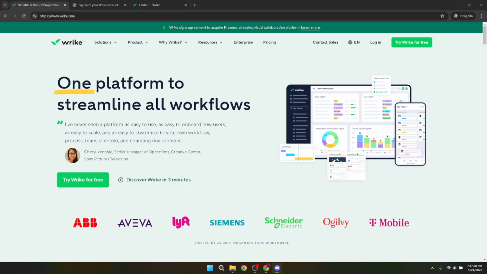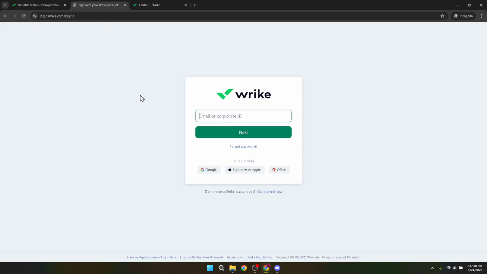First things first, let's get you logged in. Start by clicking on the Login button. Now, you might see several options to authenticate yourself, but for a seamless experience, click on Google. When you do this, you'll be prompted to select your account. Make sure to choose the Google account that's associated with your Wrike access. This method not only saves you time, but also keeps all your workspaces easily accessible without the need to constantly